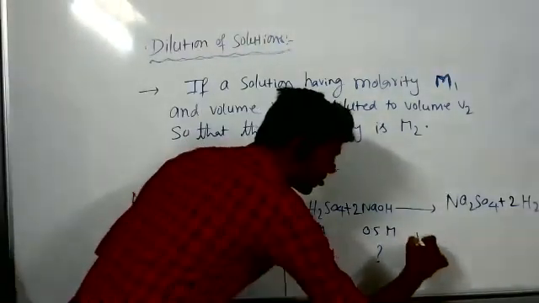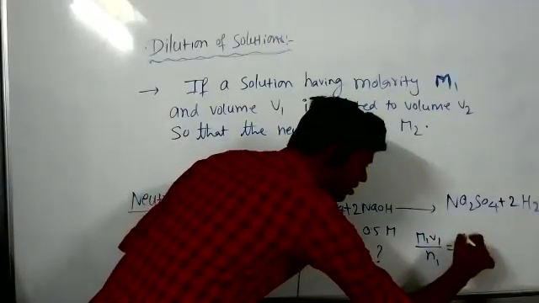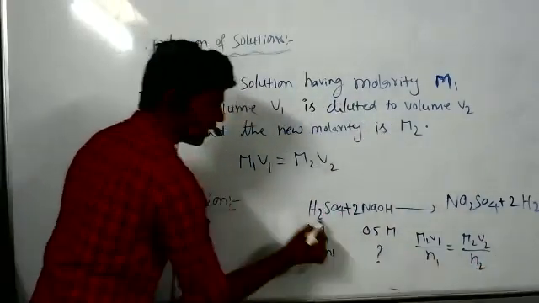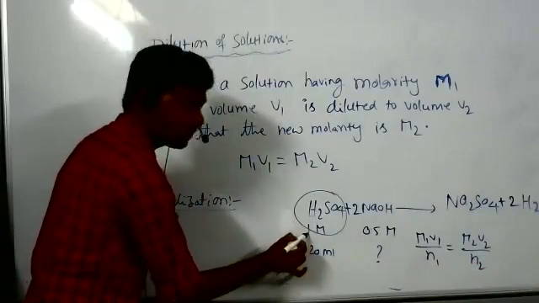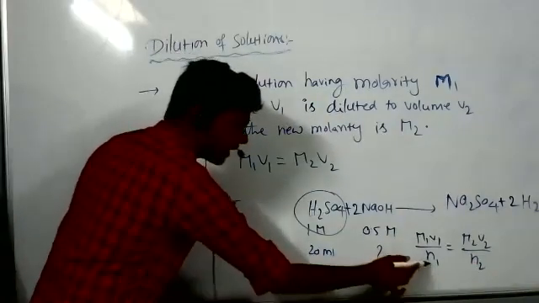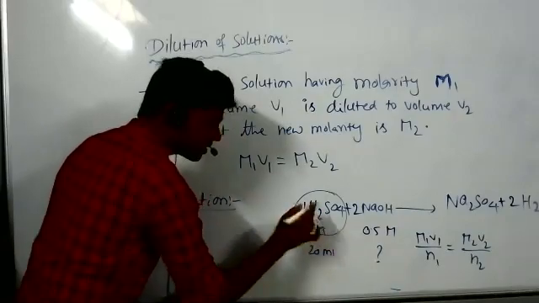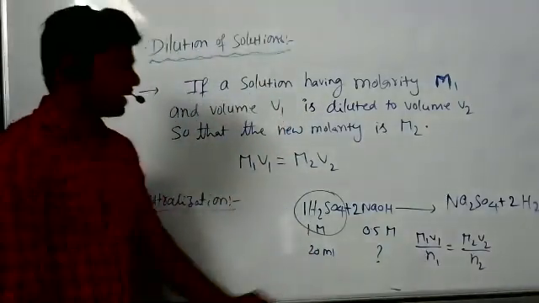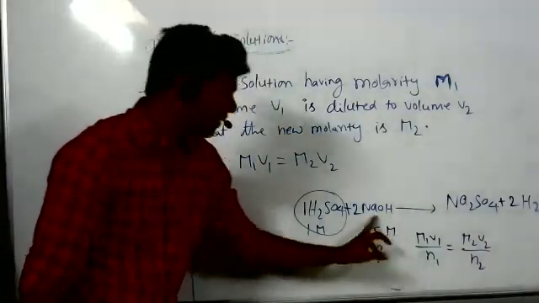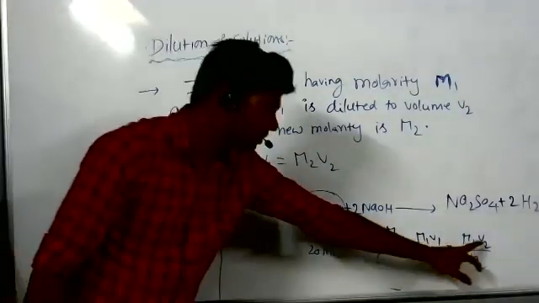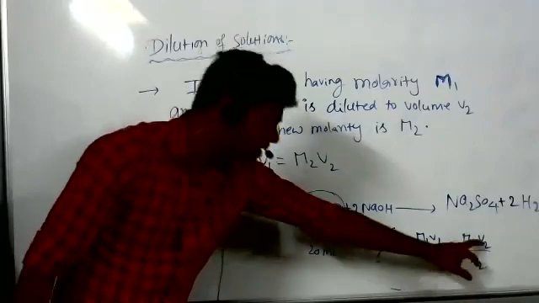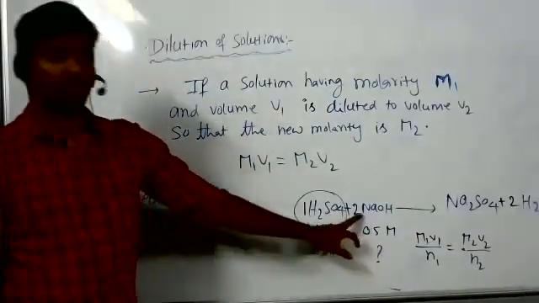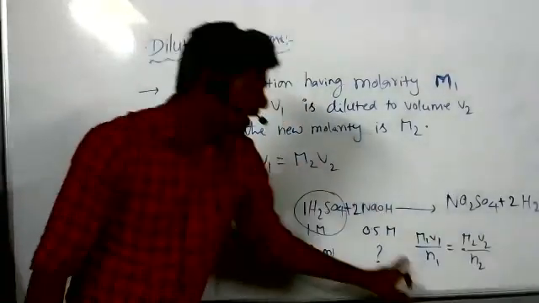80 ml required, correct. Here we are writing M1 V1 by N1 equals M2 V2 by N2. This is important. Here M1 and V1 relate to H2SO4, its molarity and volume. N1 represents how many molecules are involved in the balanced chemical reaction, and that number we write here. Then M2 is 0.5 M of NaOH, and V2 is the volume of NaOH we need to calculate to neutralize H2SO4. N2 is the number 2. So this is the neutralization formula.